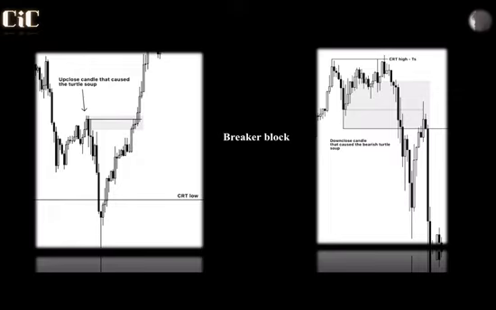Next up, you have the breaker block. Now you have the bullish breaker, and we have the bearish breaker. And the bullish breaker is the up-close candle that caused the bearish turtle soup. Right, so it's one